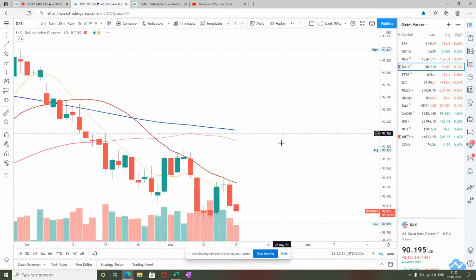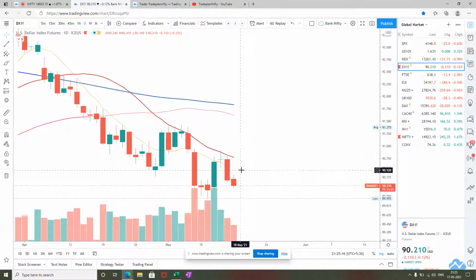Our dollar index is consistently going down, which may find a resistance now at the bottom, which is at 90, and we have to see in coming days how this reacts, whether it is going up or whether it is going further down. But as of now, specifically for tomorrow, the global market indications are not looking good.